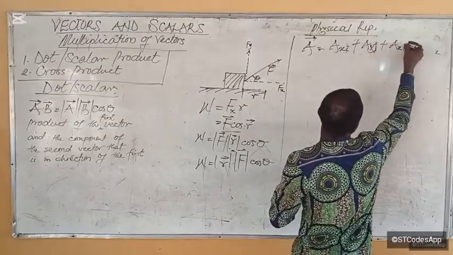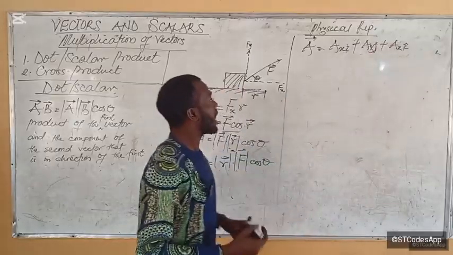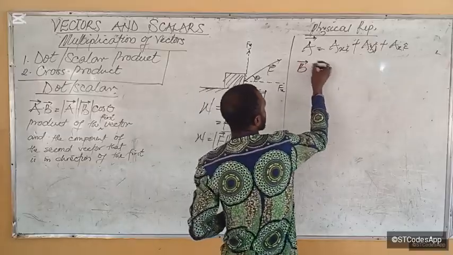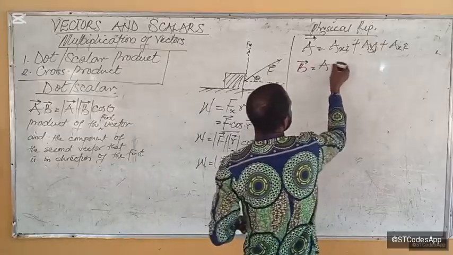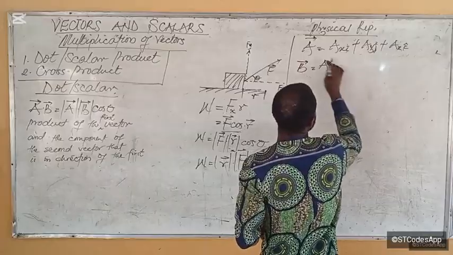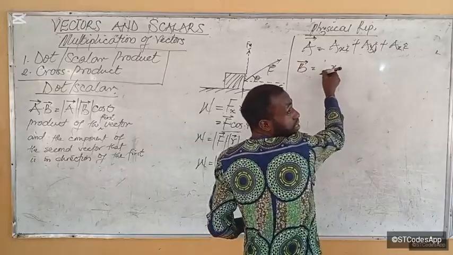These are my unit vectors, right? Now, and I say vector B, my second vector, is B sub x i